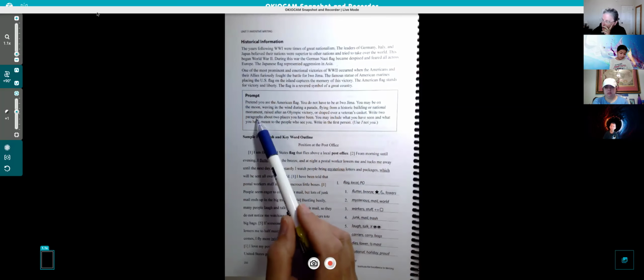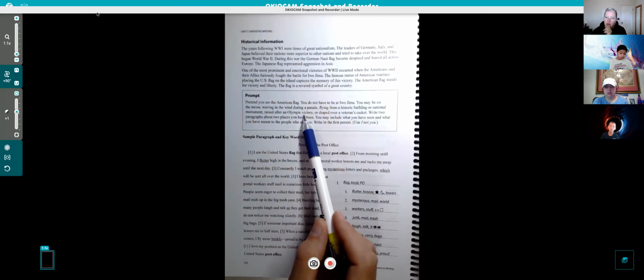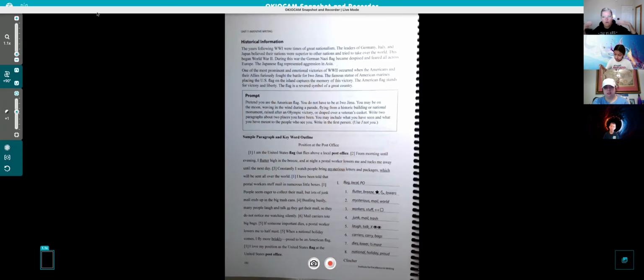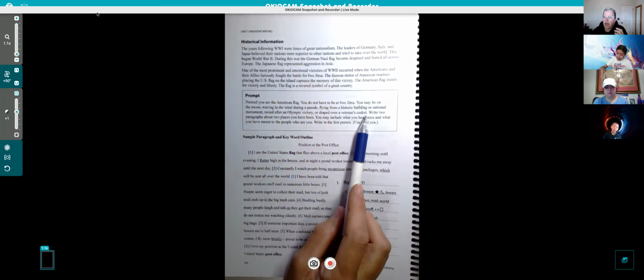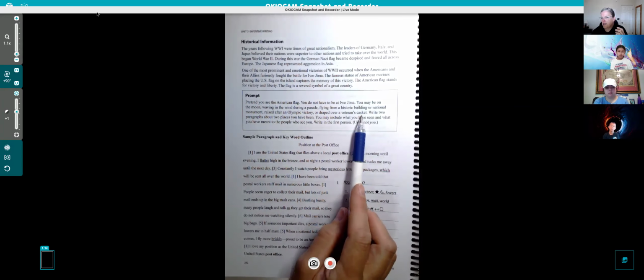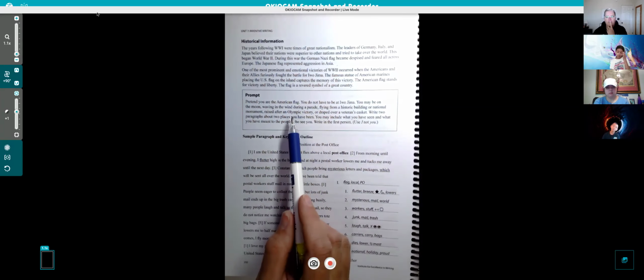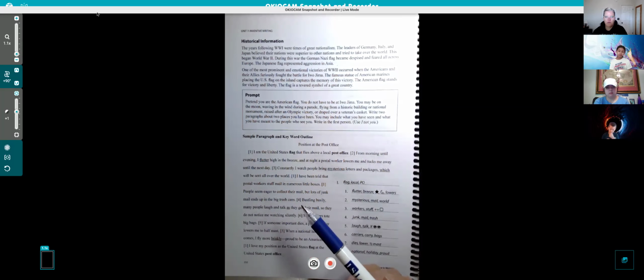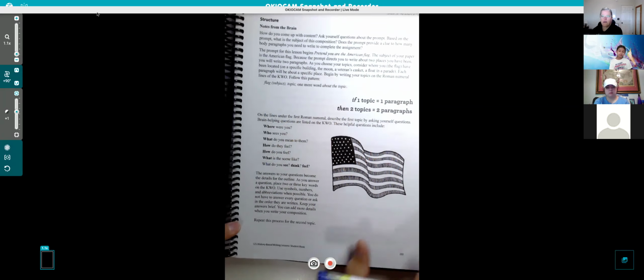A historical building or monument, we just had the Olympics, the Winter Olympics, so they would wrap it around them, and parade around in the flag wrapped on them if they won the gold medal, or if they were standing on the podium doing the national anthem. Or a veteran's casket. That's when a veteran dies. It's traditional in America. If a veteran dies, they put a flag over the casket. Those are some ideas, but there's other places where you've probably seen a flag. You can pick the place, okay? So let's flip over to this page, 233.